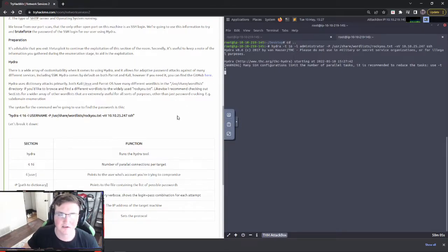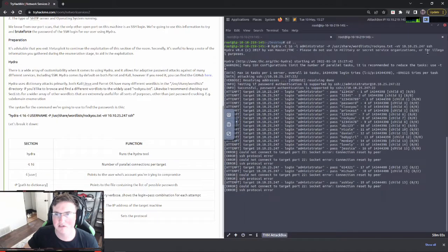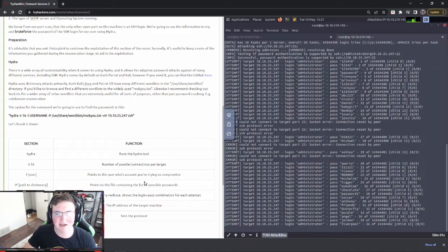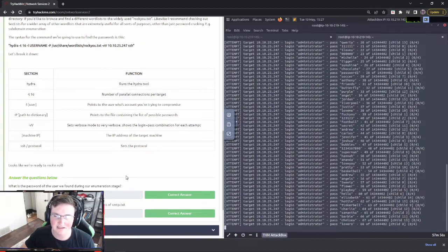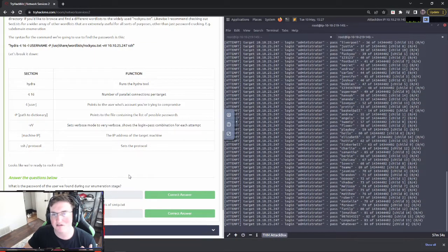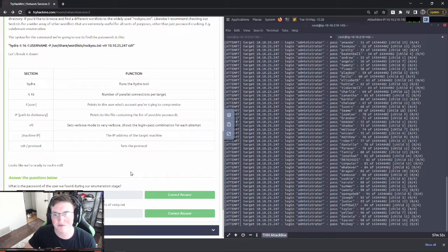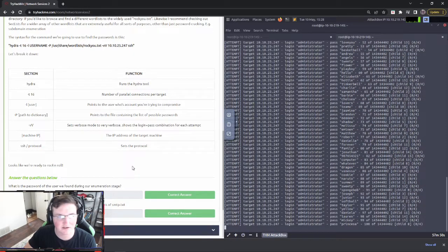All right. So right there, please do not use this for military or illegal purposes. Keep that in mind, guys. This is illegal, so make sure you have permission. And I'm going to start saying that a little bit more, because as we're getting more popular, I'm getting more requests to do illegal things, and we don't do illegal things on this channel.